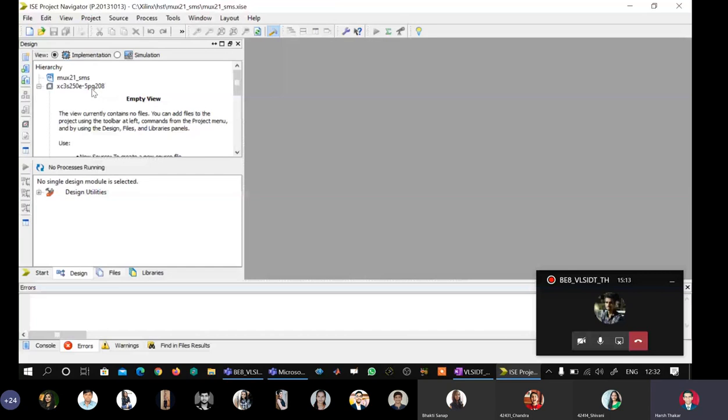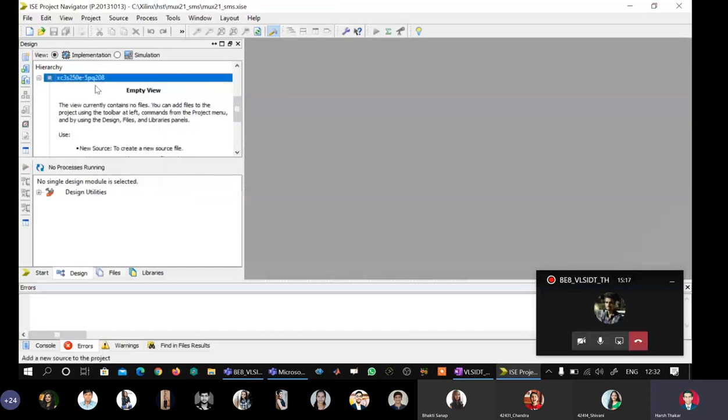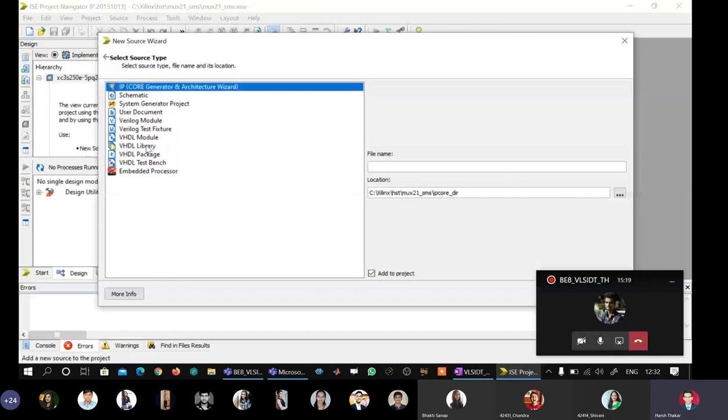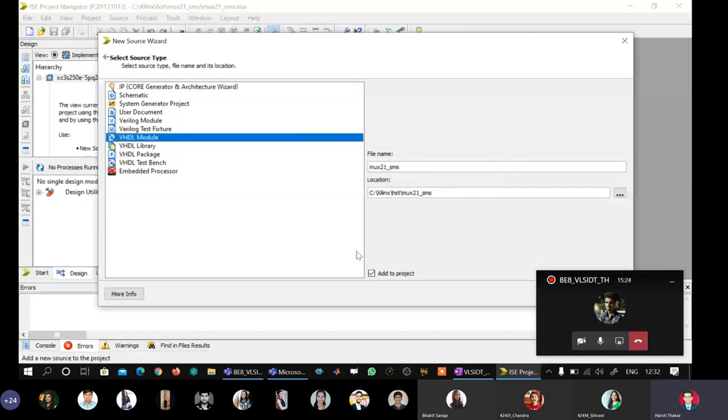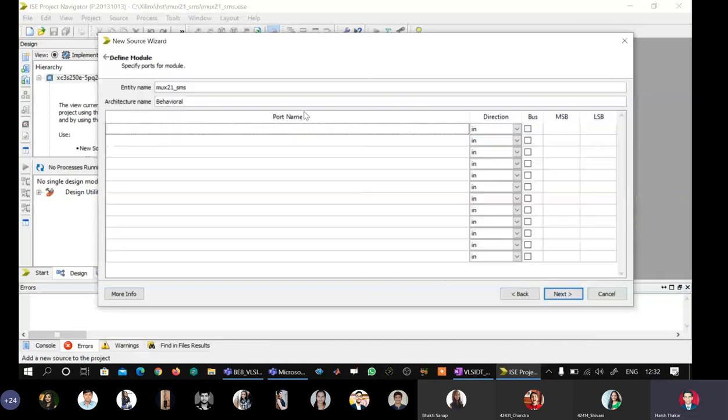Target line, implementation mode, new source, VHDL module, paste it here, reselect, add to project. Next, yeah, here underscore ARCH, and I will give the names as I0, I1, capital S as inputs, and my YM is the output.